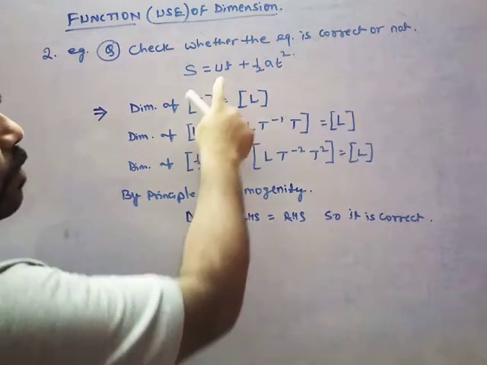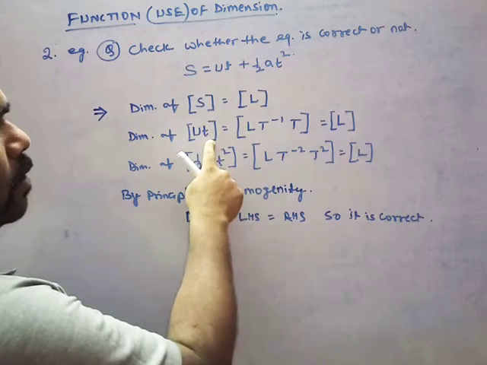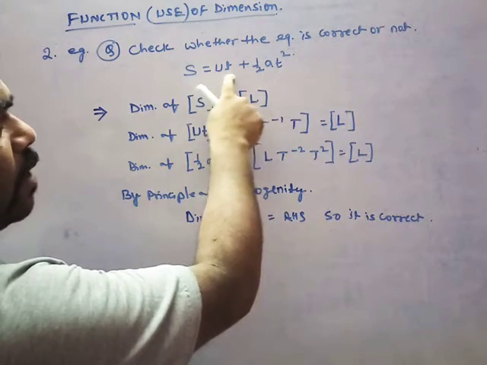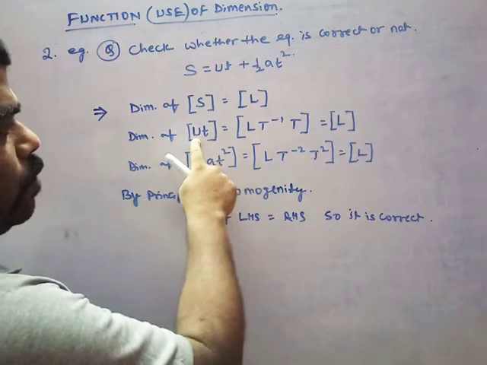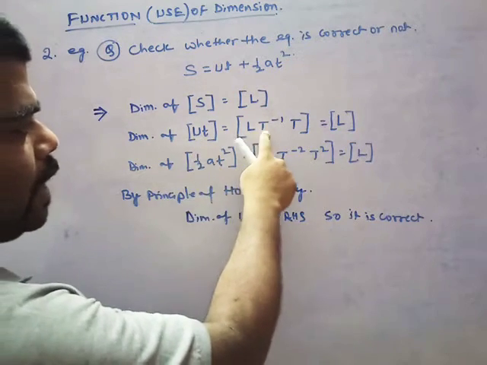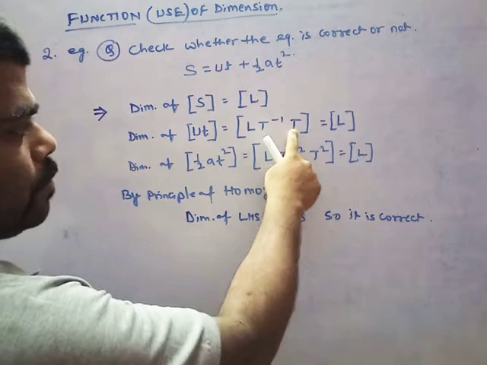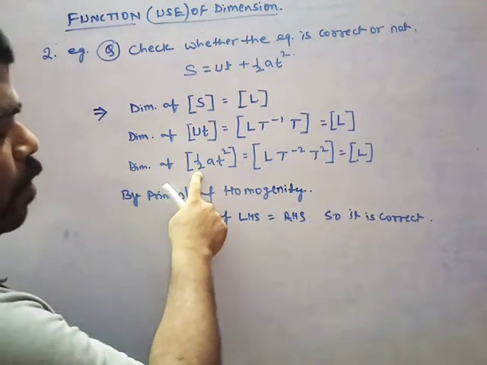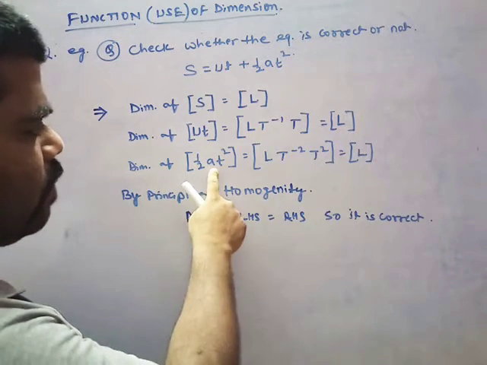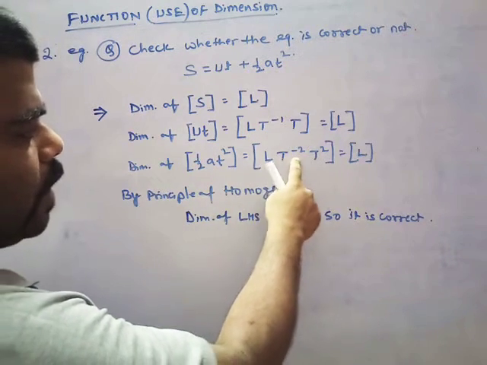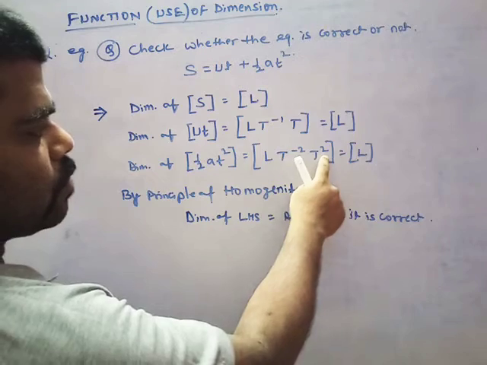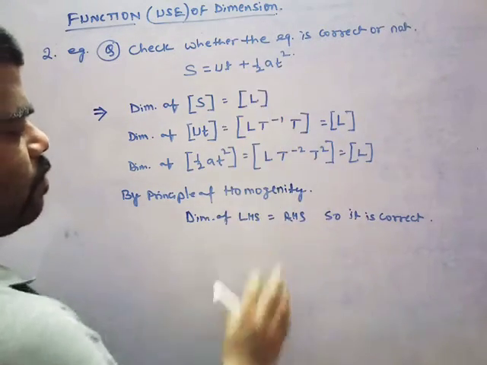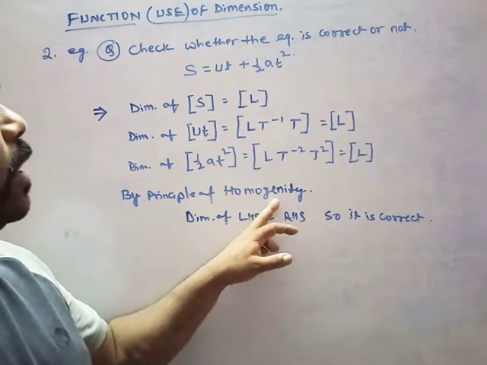Dimension of ut once again. Look at here how we write this. पूरा नहीं लेना है, जो मल्टीप्लाई और डिवाइड रहेगा उसी को लेना है, ut. So u is the velocity, so LT minus 1, and t is time, so they cancel and it will give L. Here also, for the numerical there is no dimension, so I will take the acceleration LT minus 2 and t square. This is what, L. So here we got they all have the same dimension, and according to the principle of homogeneity already explained,